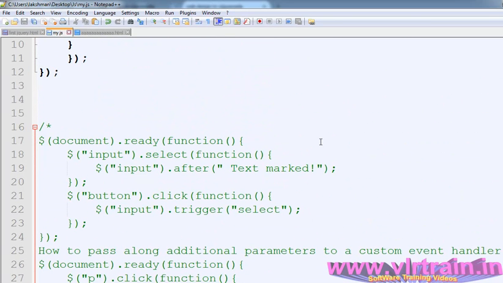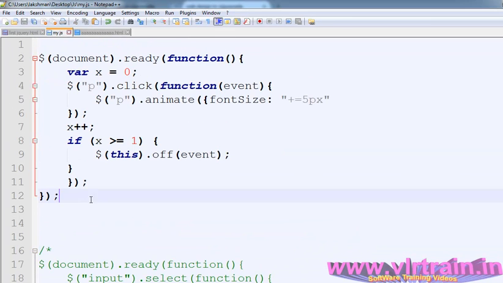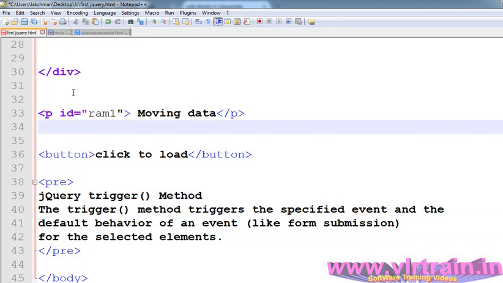So here in my input select function, I wrote the select function and that input's text is marked. Okay, so what is the use of the select method? The select method works only on form elements, the input box and the input text area. So for that purpose I am creating one input field